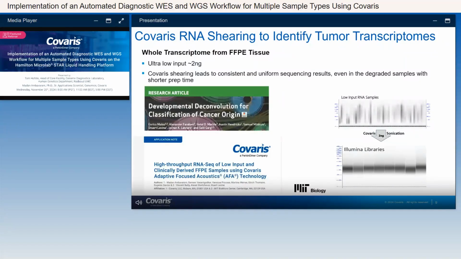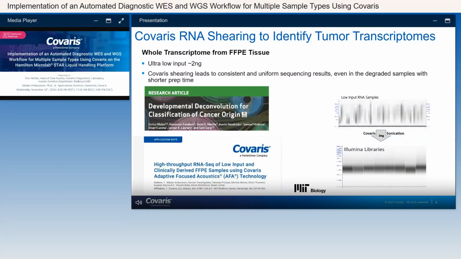Covaris AFA was used for RNA shearing on clinically derived ultra-low input FFPE samples. The top right gel image highlights the highly variable RNA sample quality. Despite this, using a single protocol, they achieved consistent shearing on inputs as low as 2 nanogram, resulting in